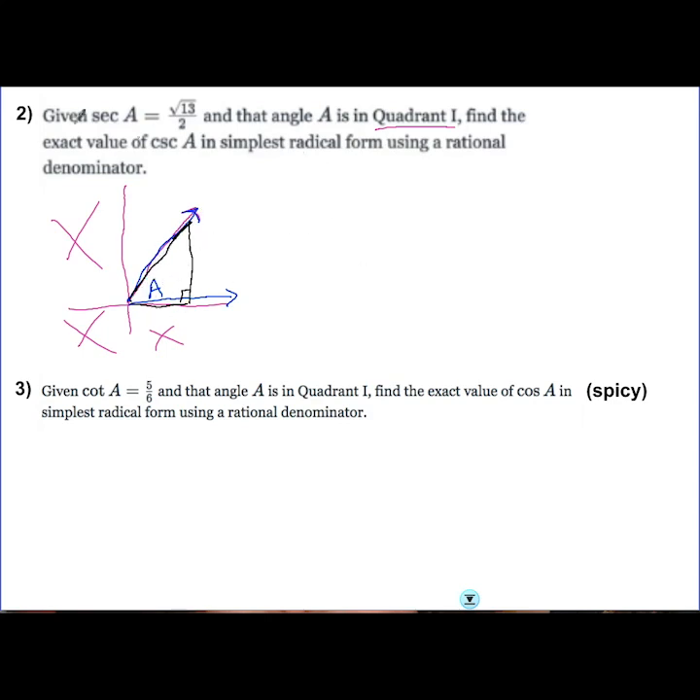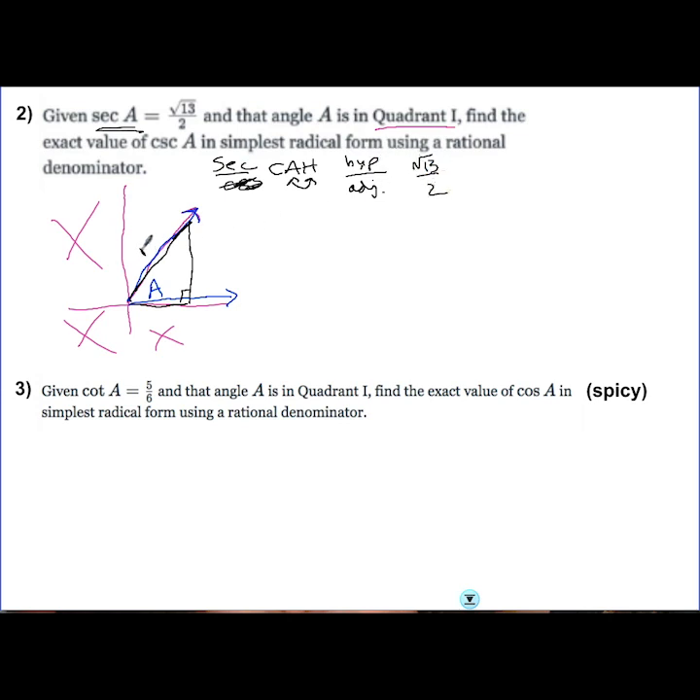All right. And it's telling us that the ratio of secant is root 13 over 2. Well, secant is the reciprocal of cosine, which I use CAH for, for cosine. And so secant, that's how I memorize it, is the reciprocal of that. So instead of adjacent over hypotenuse, secant is hypotenuse over adjacent. Okay? That's secant. So if they say the secant is root 13 over 2, then that means the hypotenuse is